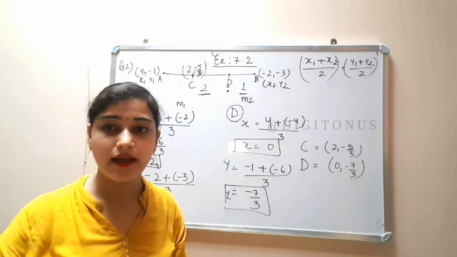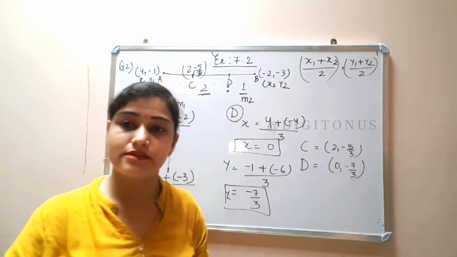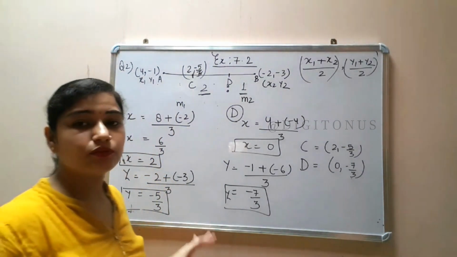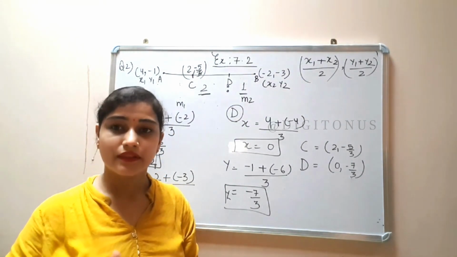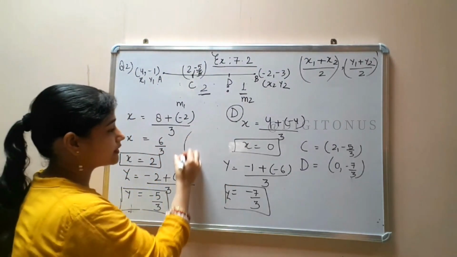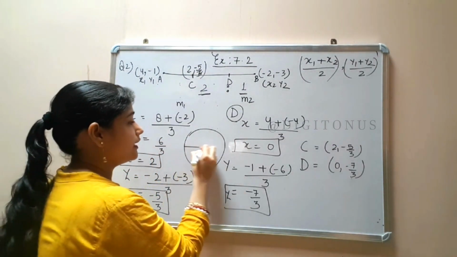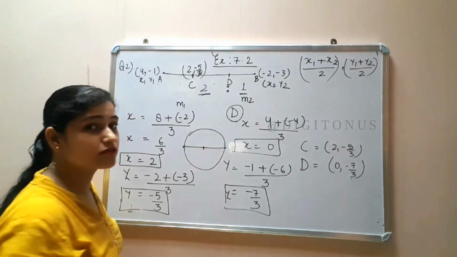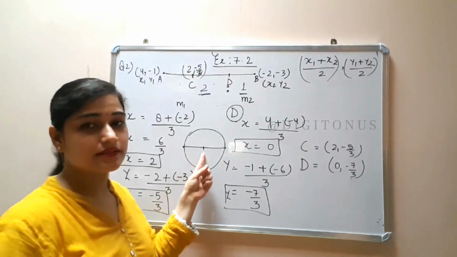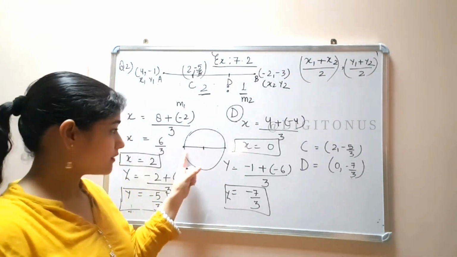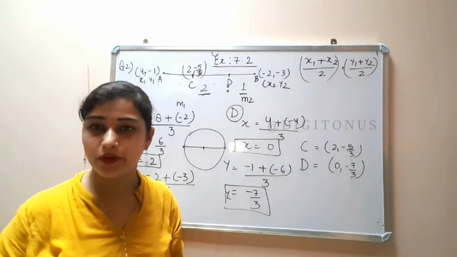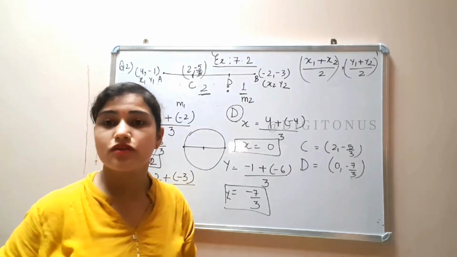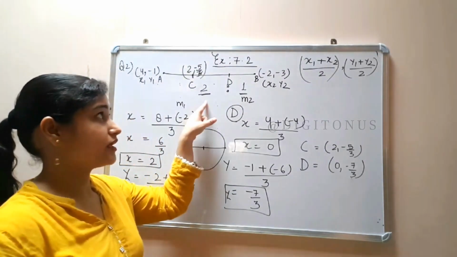I hope it's clear to you, because trisection and midpoint questions are very important for this exercise. Not all questions ask you to directly apply the section formula. They will give you tricky language, for example, that there is a circle and the diameter's coordinate points are given, and they are asking for the coordinate points of the center. It means you already know that the center is the midpoint of the diameter, so you can directly apply the midpoint formula here. So tricky questions will be there, and the rest of the questions of the section formula of exercise 7.2 we will do in the next video.